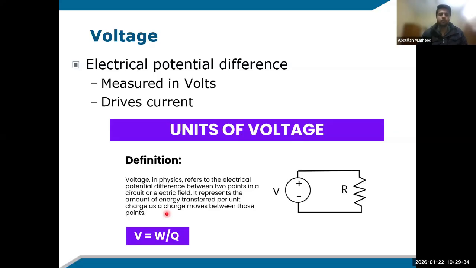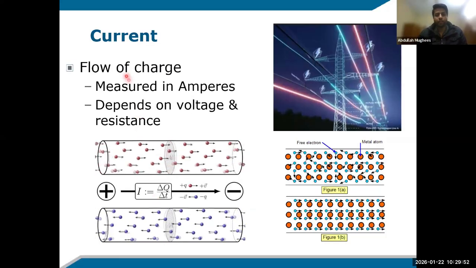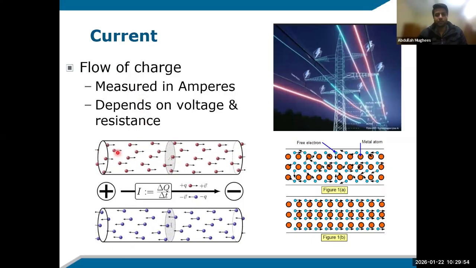So here's the formula of voltage as well. It is the work done per unit charge, the work done for each charge in moving it from point A to point B. That's the technical definition from physics. You don't need to understand this complexity at this moment. Like I previously told you,